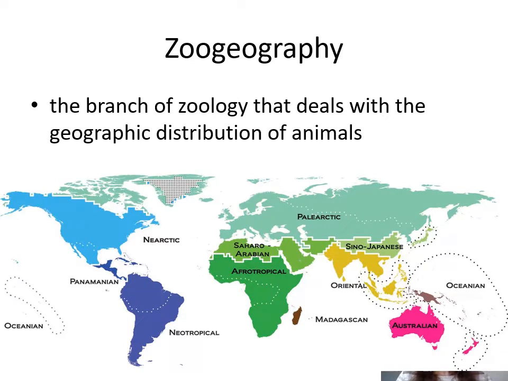Hello, today we will be talking about zoogeography. To start with, what is zoogeography? Well, it's basically figuring out where animals are located, the branch of zoology that deals with the geographic distribution of